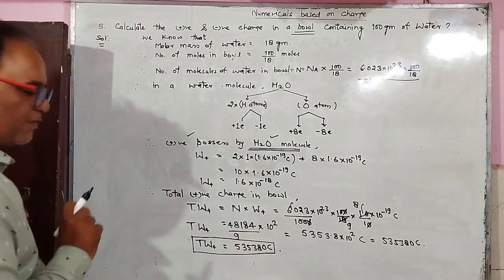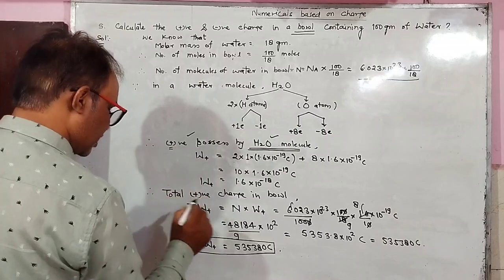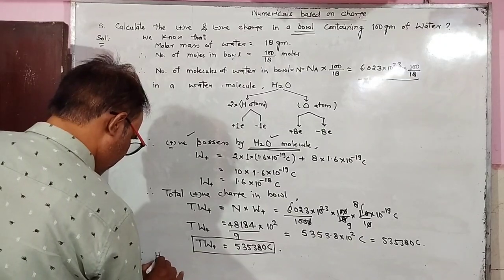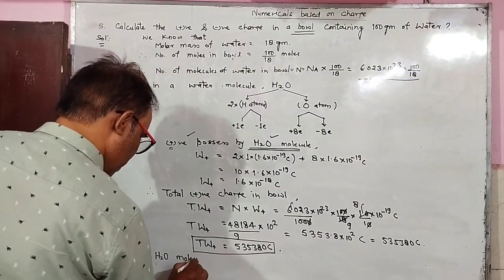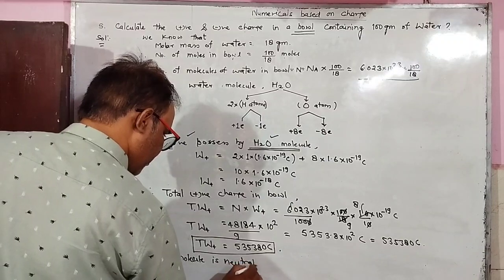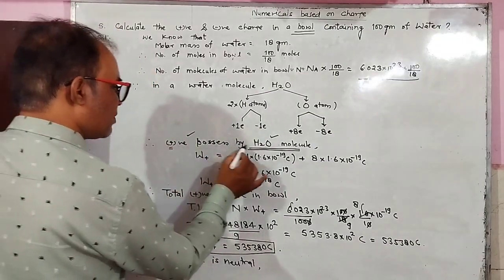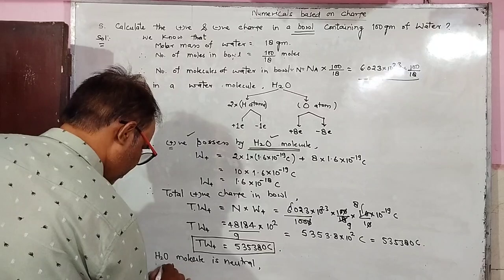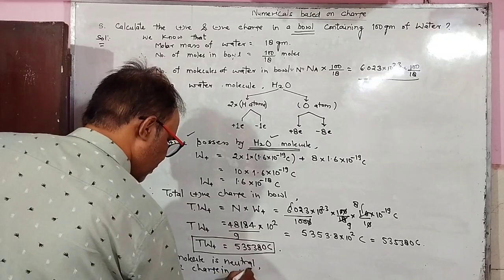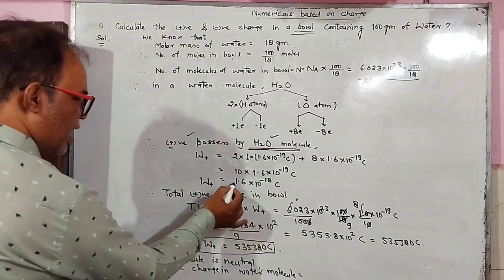Simultaneously, if we talk about the negative charge, similarly we can calculate the negative charge, or we can say, since H2O molecule is neutral, therefore the negative charge possessed by a water molecule is equal to, इतना ही होगा लेकिन माइनस लग जाएगा,